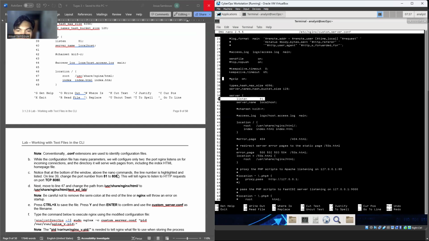The port number from 81 to 88. This will tell it to listen on port 88.